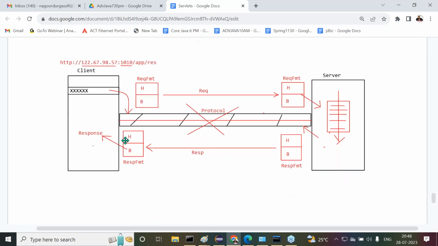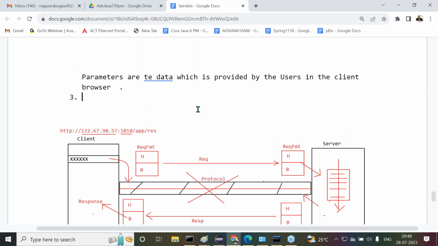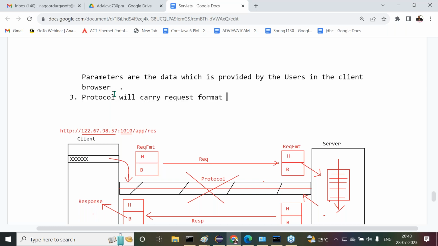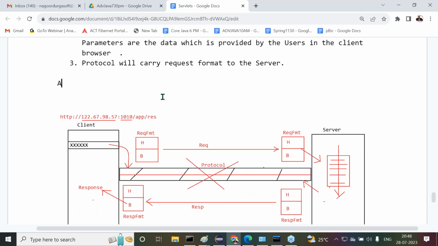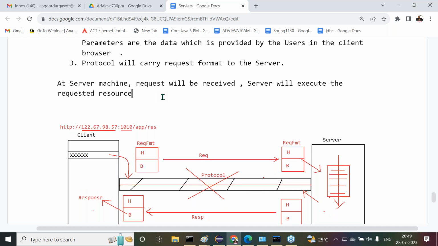After completion of this, the protocol has to carry the entire request format to the server. All right, sir. Now the protocol will carry a request format to the server. Okay. Then what next? After that, at the server side, what happened? At the server machine, a request will be received, the server will execute the requested resource, and the server will generate a response to the client,